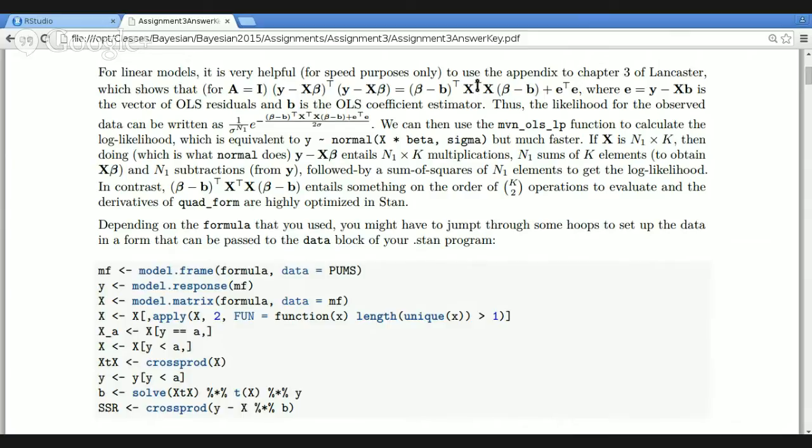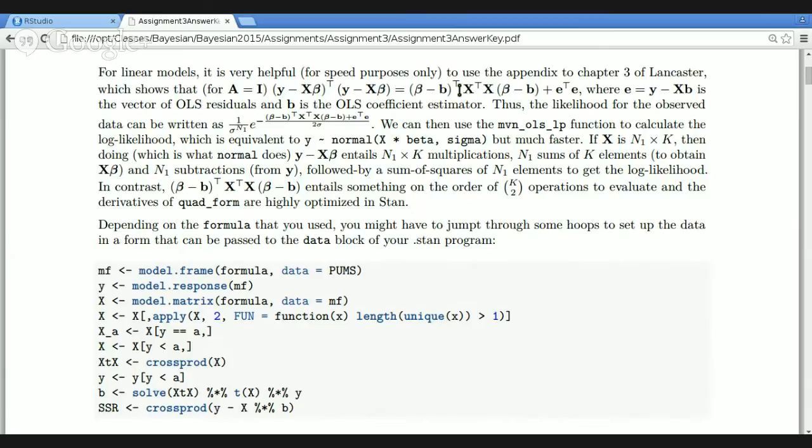I chose a small state for this demonstration because I didn't want to have R running forever. But some people had states like California and New York and Texas that had 100,000 people in the